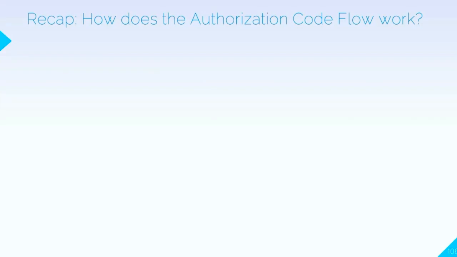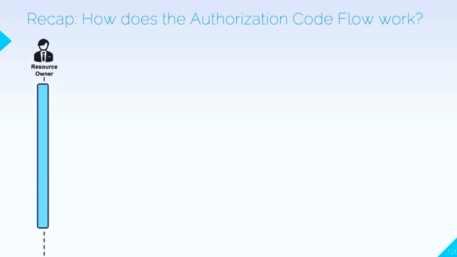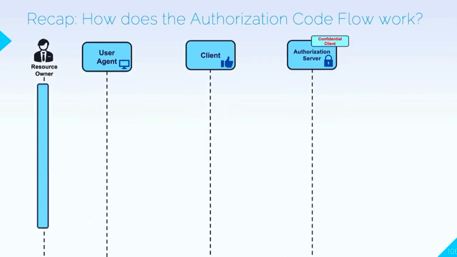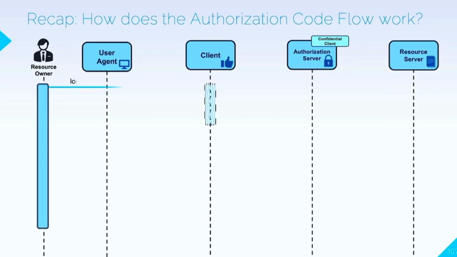Now let's recap everything by walking through the sequence diagram of the authorization code flow. We have the same key players: the resource owner, the user agent, the client application itself, the authorization server where the client is registered as a confidential client, and the resource server. The resource owner initiates the flow by attempting to log in or by giving permission for the client to access